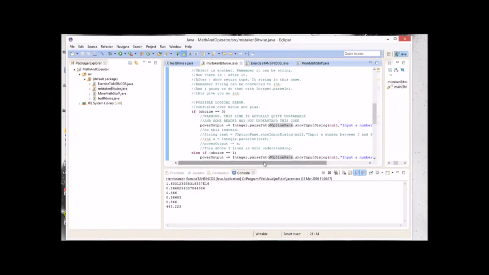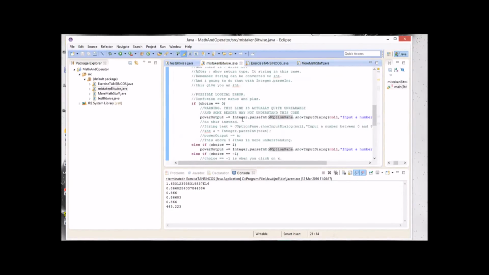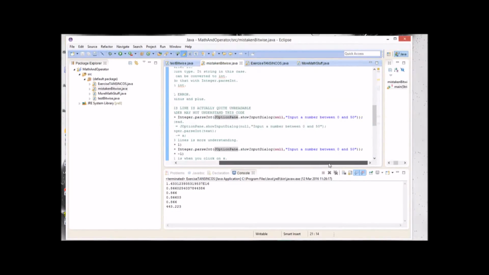Now, once you get the choice, you go through the if statement based on that choice. So if the choice is equal to 0, then I state I'm decreasing, and then I'm asked, first of all, now